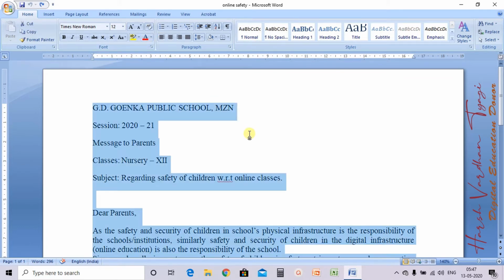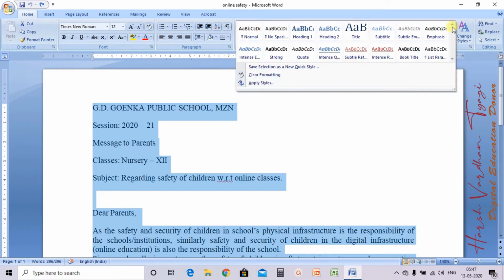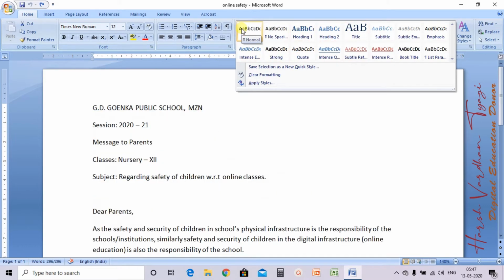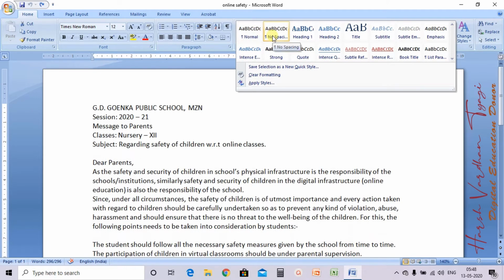What you need to do is select your particular text, then on the Home tab there is an option called Styles. There are so many built-in styles. See, this is the normal one which we have. No Spacing is written here, so there is no space between the lines.